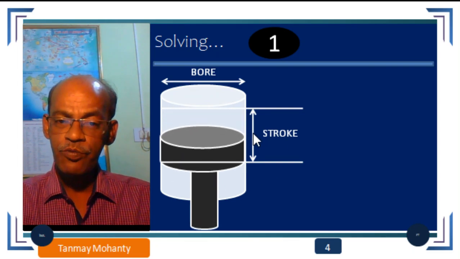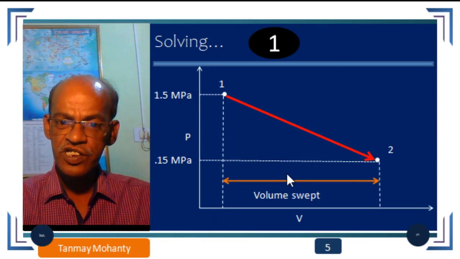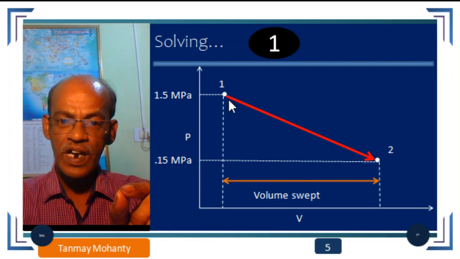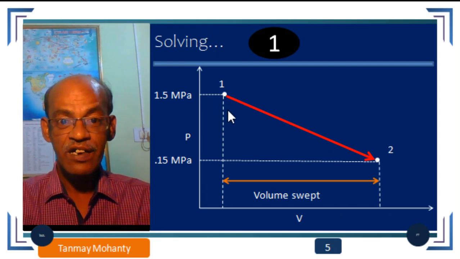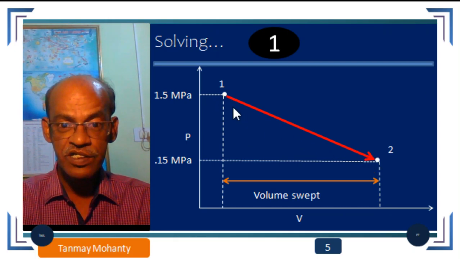Okay. Now for this volume, this is the change from state 1 to state 2. This is the swept volume. Now look at this diagram. Pressure volume diagram is a straight line. Now my question is to calculate work. How to calculate work? Area under PV diagram. PV diagram is this. Area under this means this trapezium, whatever we are getting from this red line to the entire x-axis in this V.